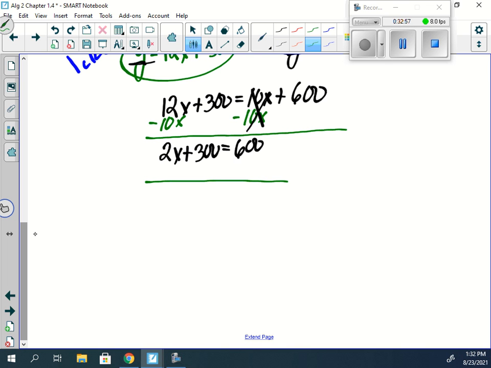Then, yes, because 600 minus 300 would be 300. Let's finish this problem quickly, and then we will be done. Divide by 2. X would be